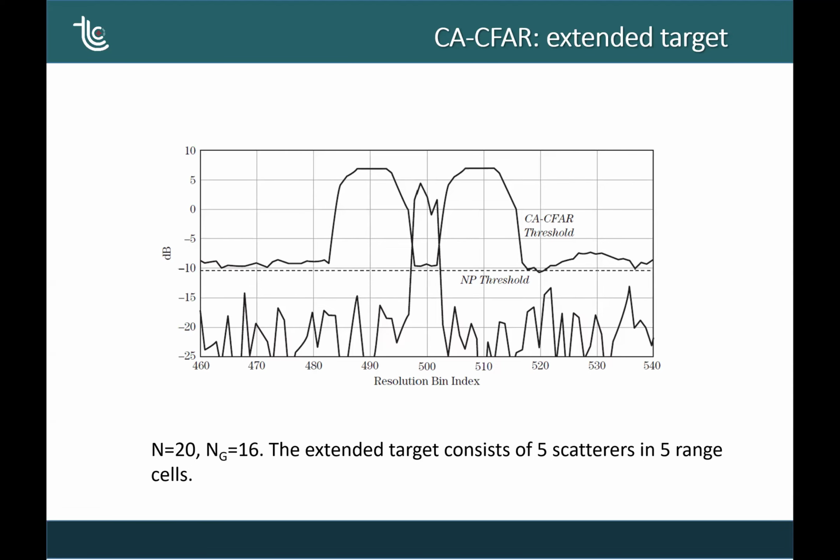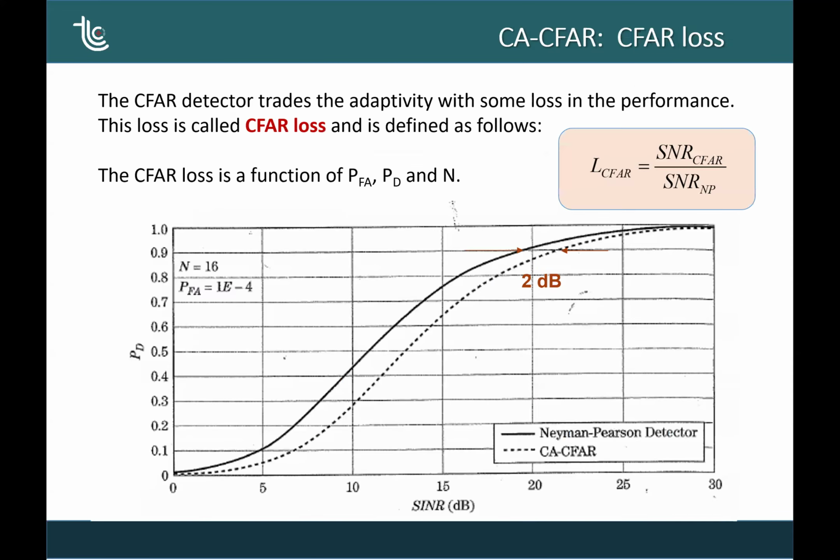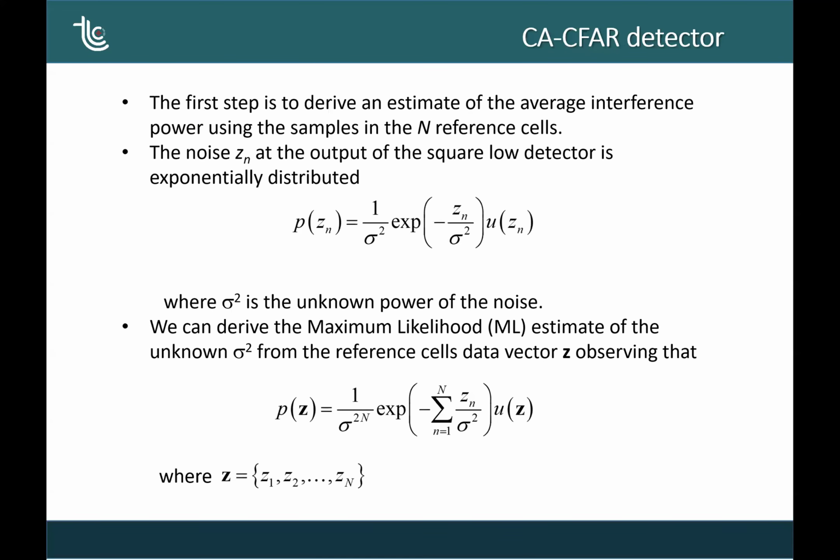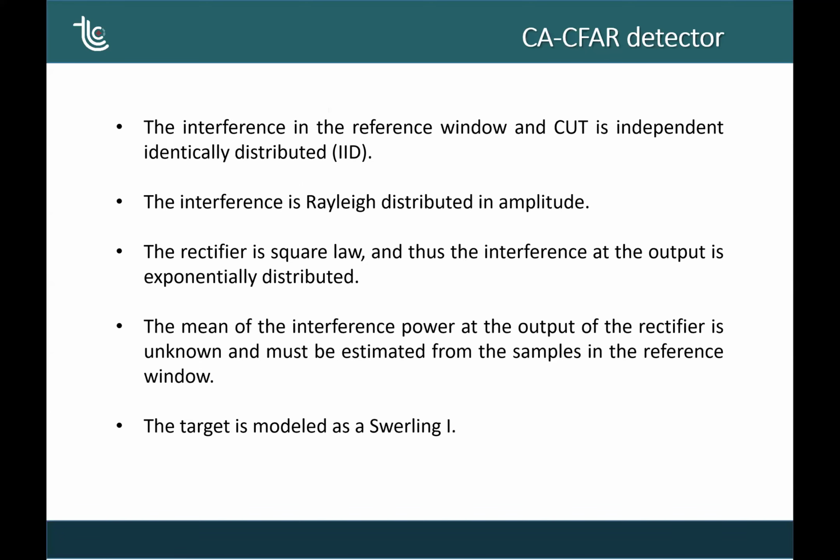Because in the behavior of the CA-CFAR, in the assumption that we made at the beginning, we suppose that the interference in the reference window and the cell under test are independent and identically distributed. It means that if your cell under test is on the sea, all the other samples come from range cells in the sea. But for instance, if you increase the number of range cells, so the number of samples, maybe